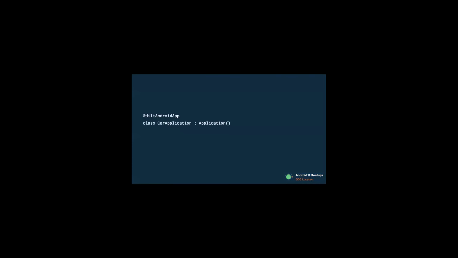So to use Hilt in our app after adding our dependency, our app must contain an application class that is annotated with the HiltAndroidApp annotation. The HiltAndroidApp annotation triggers Hilt code generation. It means Hilt will generate a base class for your application that serves as the application-level dependency container.